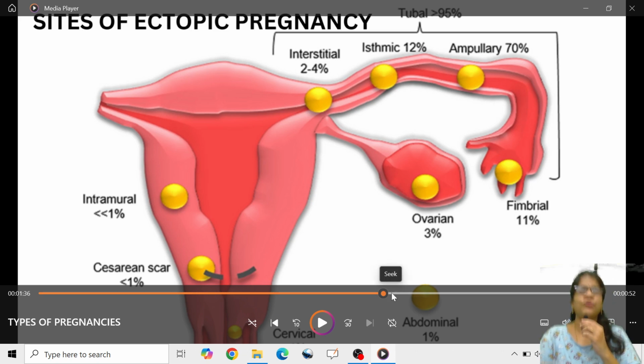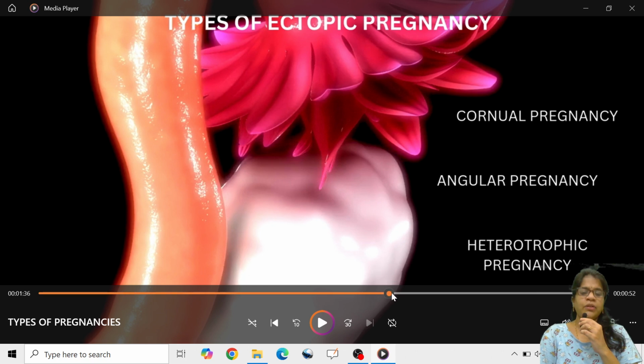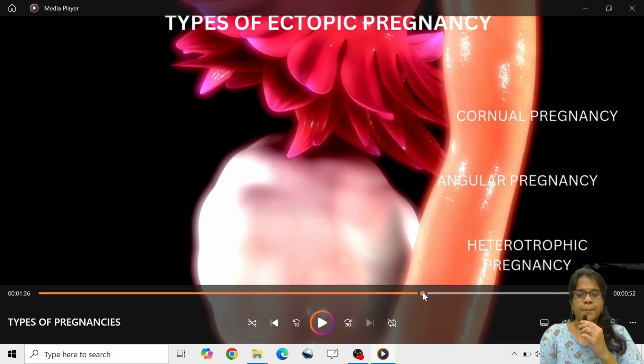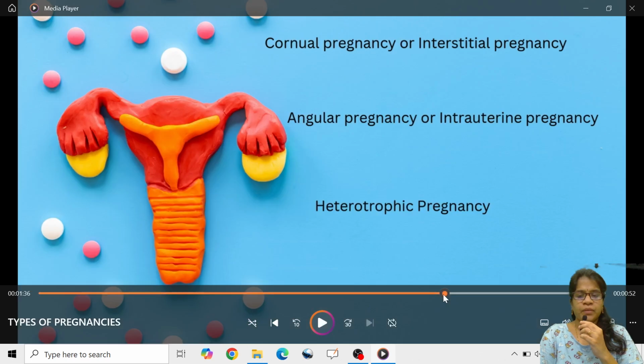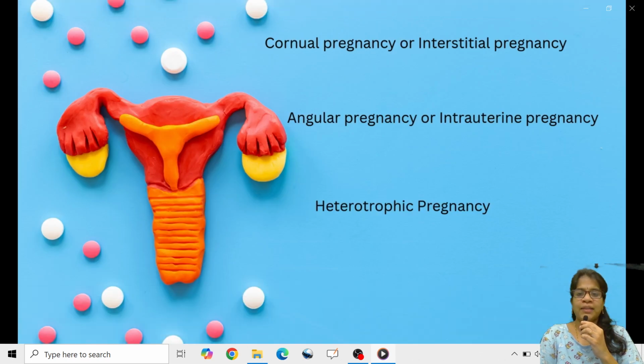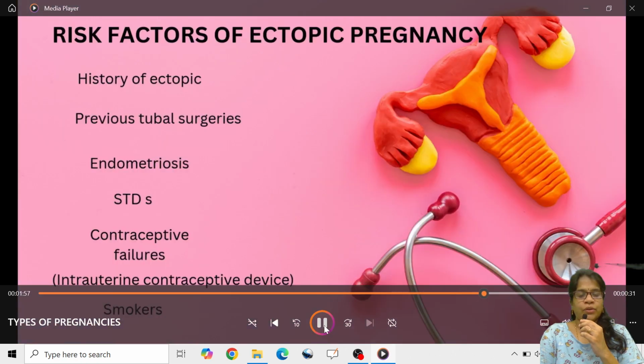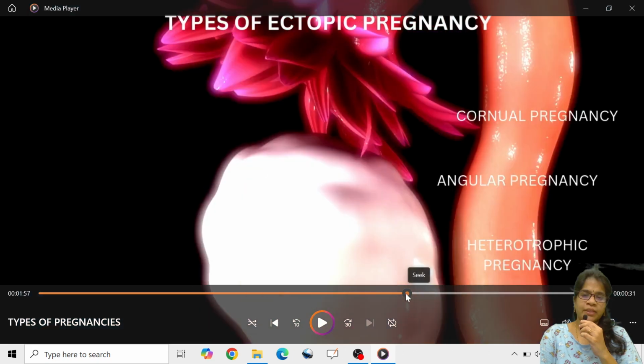It generally happens due to artificial insemination or IVF or something like that. Okay. Now let's see, hope you are clear with the chapter. Now let's see, I told you cornual pregnancy is also called interstitial pregnancy, angular pregnancy is also called intrauterine pregnancy, and heterotopic pregnancy. And one more thing here, before I talk about the risk factors that are responsible for the ectopic pregnancy,